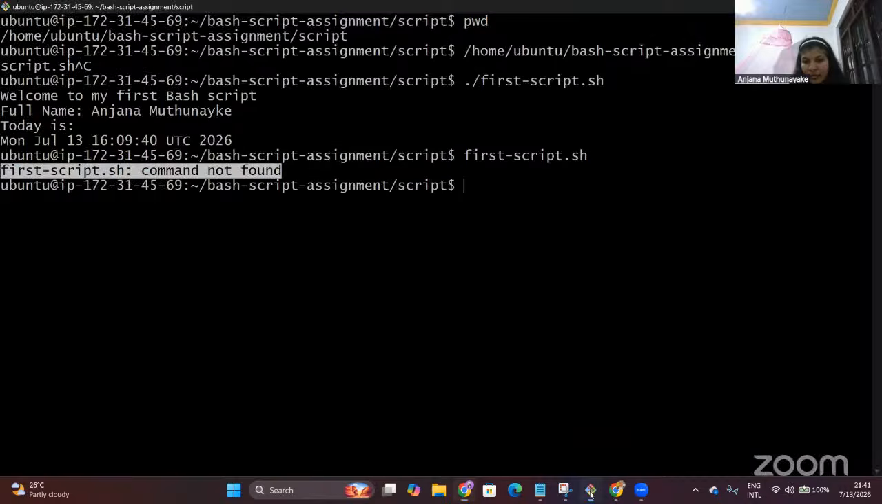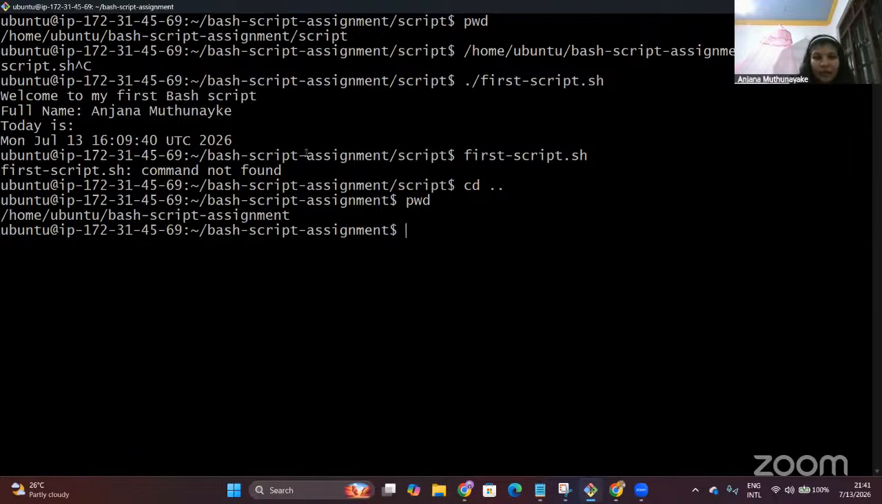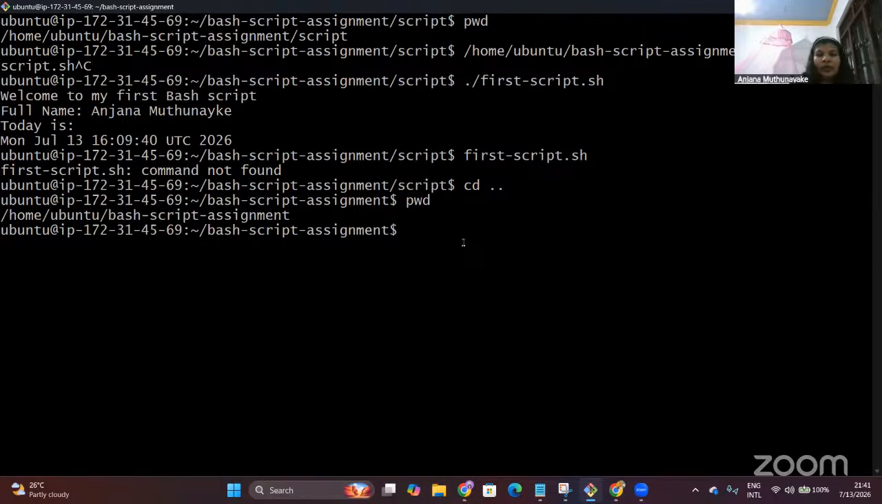So let's see what are the other methods we can run this script. So you can go one folder up. I have run cd .., and then let's check in which folder we are in. We are in the bash script assignment folder. So let's see how we can run. Let's run ls, and you can see the script folder is inside here. So we can run